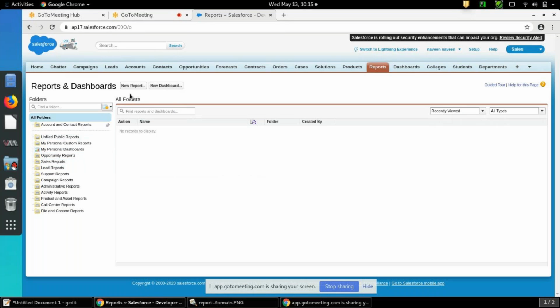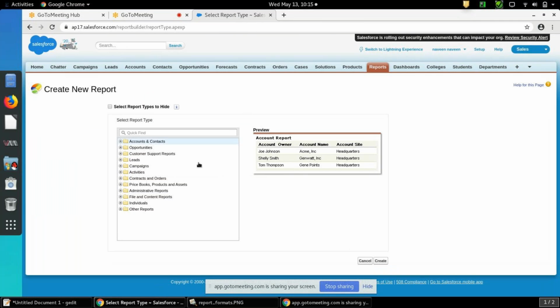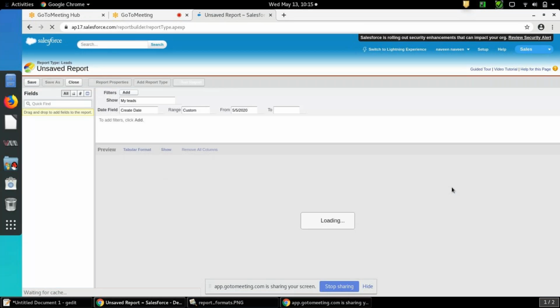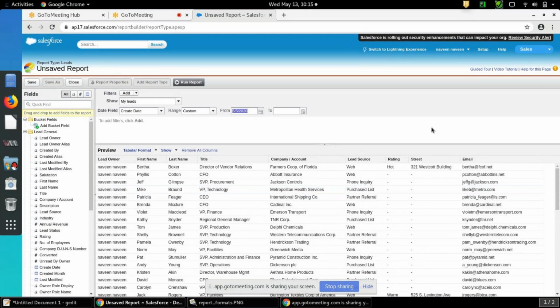Okay. Here, if you want to create a new report, click on new report. So you want to select a template, right? So what I will do, I'll go to leads. I'll select the lead, click on create. So this is nothing but the report builder. Okay. On the left side, can you see fields?